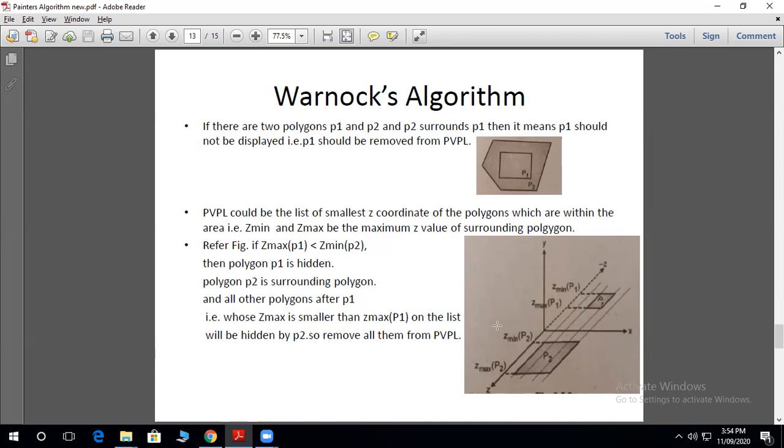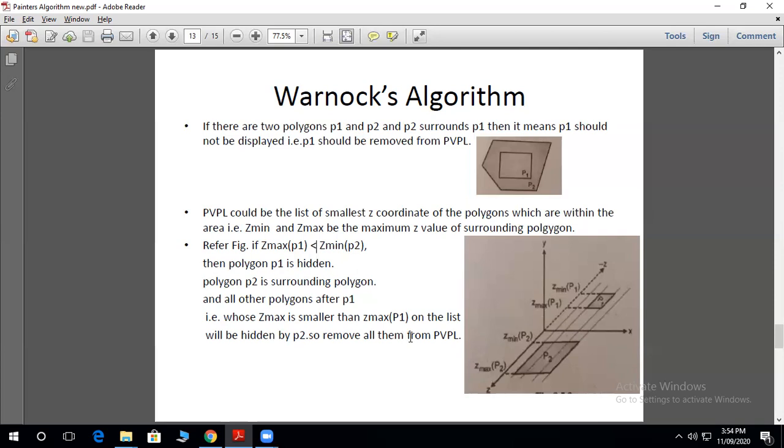And polygon P2 is the surrounding polygon. In fact, if we consider all other polygons after P1 whose Z max is smaller than Z max of P1, on the list will be hidden by P2.